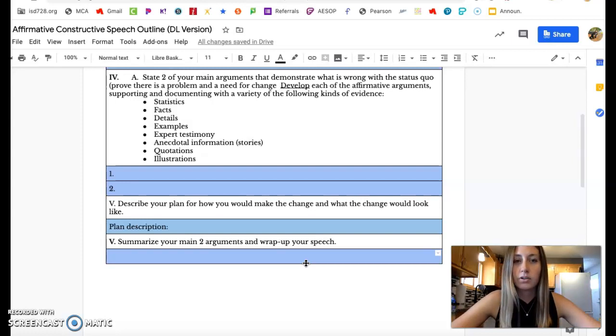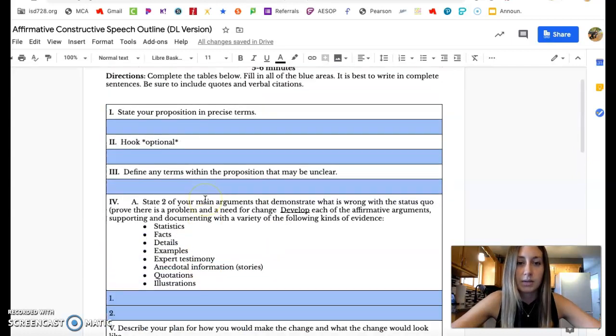When you record your constructive speech, consider using Screencast-O-Matic, Screencastify, or Loom. Those are some good ones. If one doesn't work for you, try a different one. Hopefully you can figure out something that'll be easy and records well and that you can send the link to